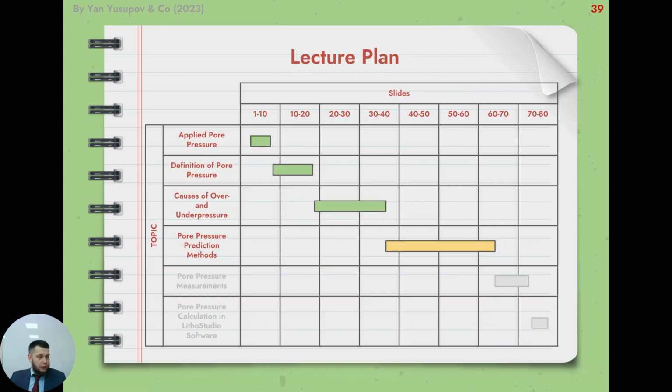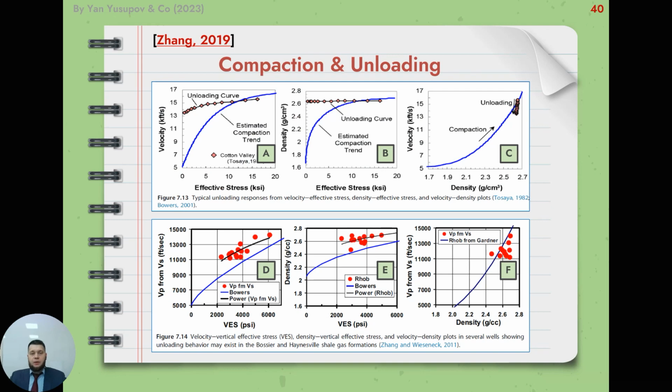Okay, let's go to topic number 4, pore pressure prediction methods, and discuss compaction and unloading curves and types of abnormal pore pressure. If the formation is uplifted, it is also called the unloading process. The relation between effective stress and sonic velocity doesn't fit a loading curve. If you look at the upper pictures A, B and C,